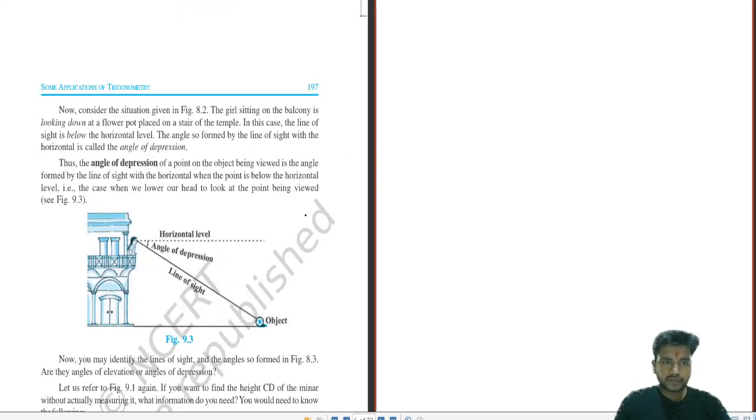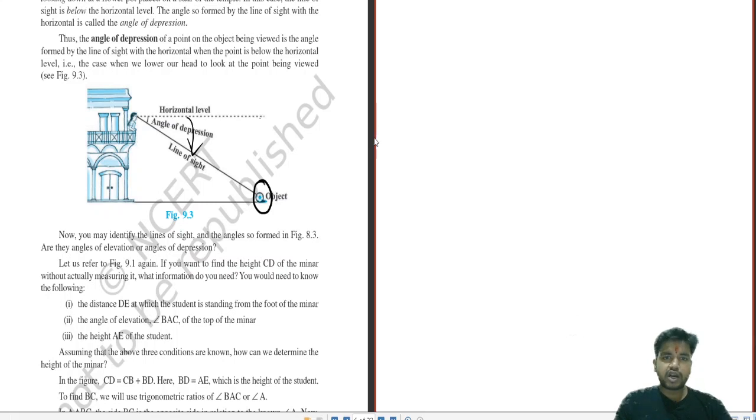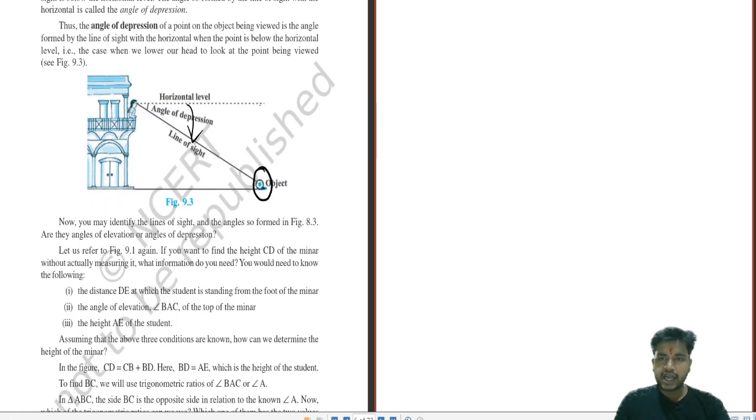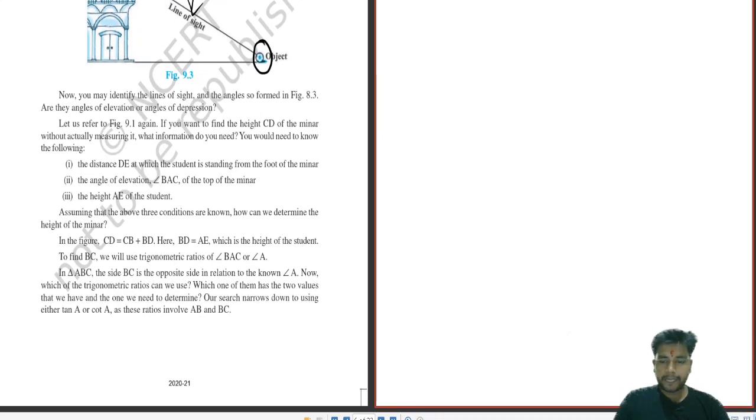Okay. Now see, there is another example. Now they are showing the concept of angle of depression. This is the horizontal level. A girl is seeing an object, a football over here. The line of sight is over here, the main line. When she sees the football, her gaze goes towards the downward side, and this is known as the angle of depression. These are all the concepts you should be familiar with. I am explaining very cautiously. Look into it very carefully and read the statements afterwards. You will understand the concept fully.